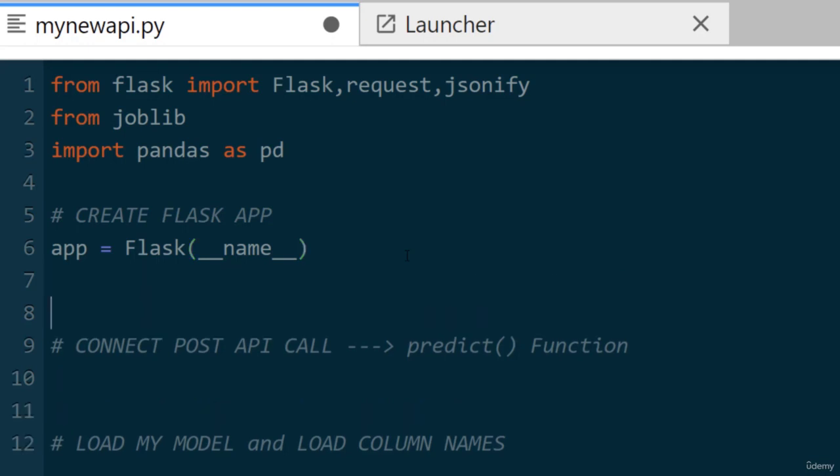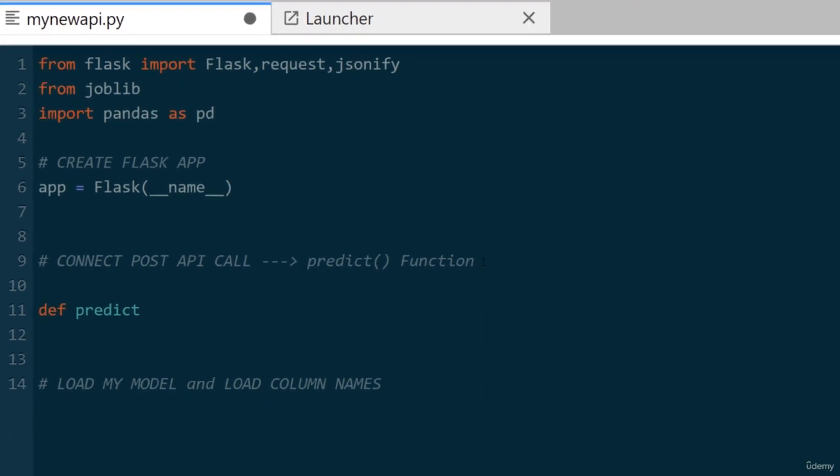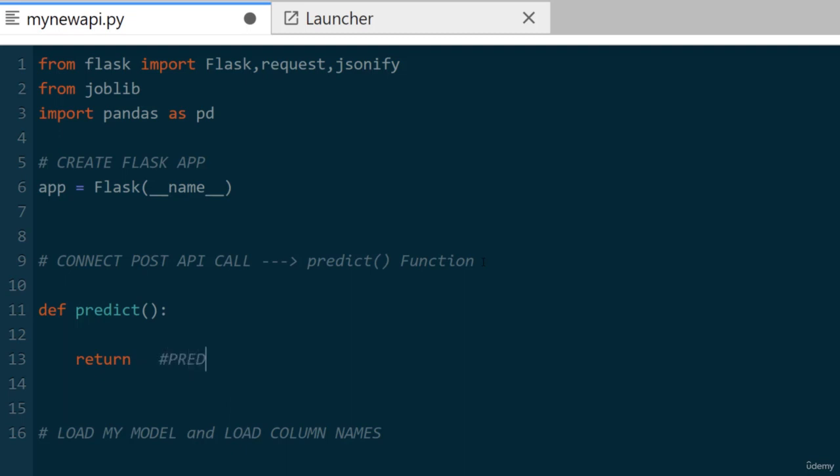Okay, so we want to connect this API call to some sort of predict function. The way this works within Python and Flask is you create a function. I'm going to call it predict, colon, and then eventually we're going to return something, which is the prediction. And in order to connect it to a post API call, we use a decorator. We say @app, which is the app we created up here, dot route, to